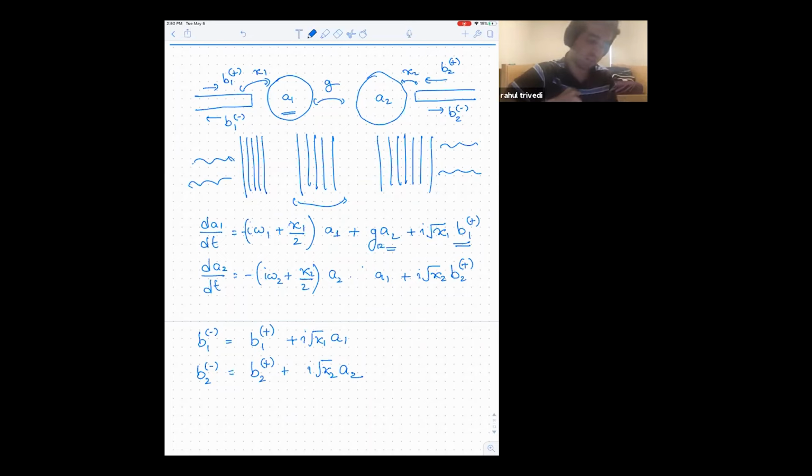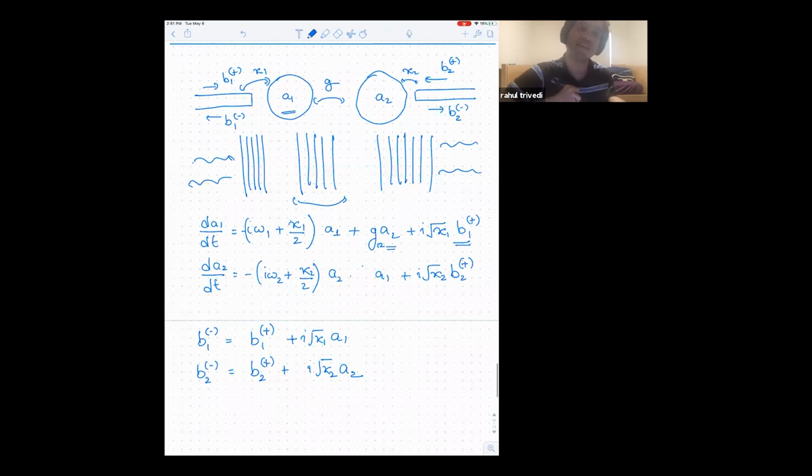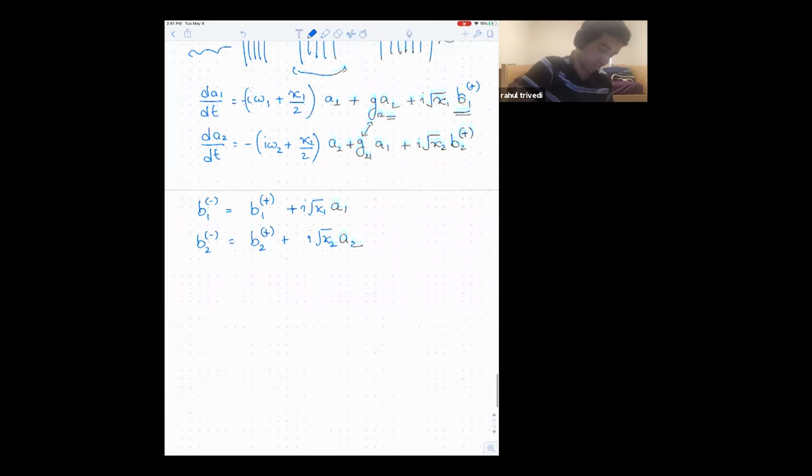So let's call this G12, which is the coupling between the first and second, or the impact of the second cavity on the first cavity. And you can call this G21, which is the impact of the first cavity on the second cavity, right? These two are going to be constrained again by energy conservation, right? So if you remove the waveguides for the time being, you're just going to get something like